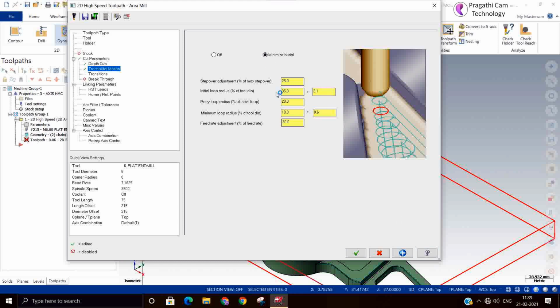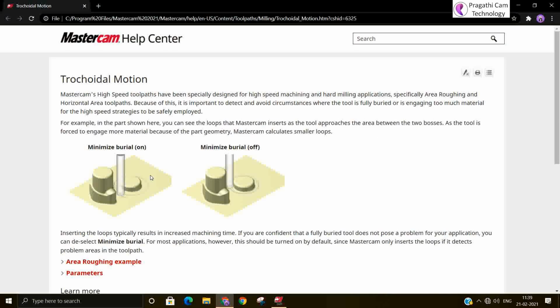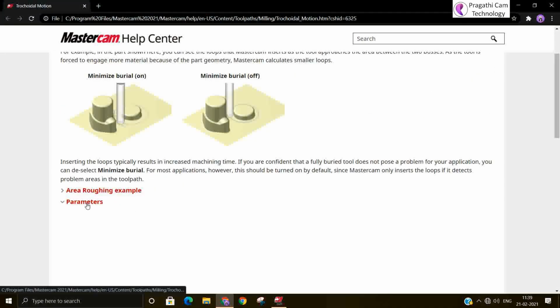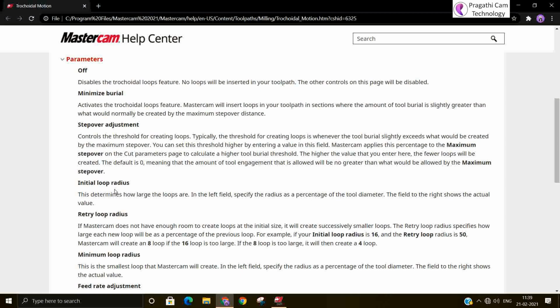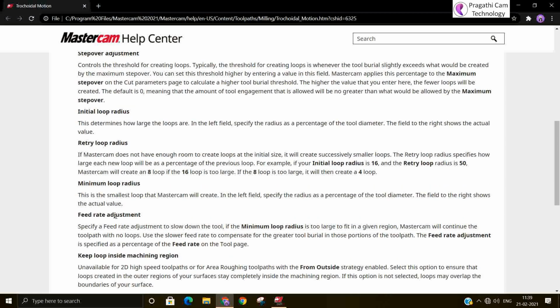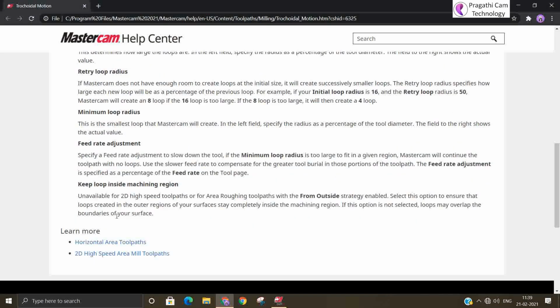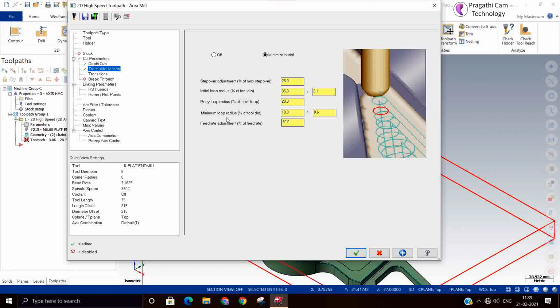So if any doubt, if there is a question mark, just you click in. So you just understand what is the exact parameters. All the parameters are given here, and you just read it, understand. Just you read it once, it will clear all your doubt.